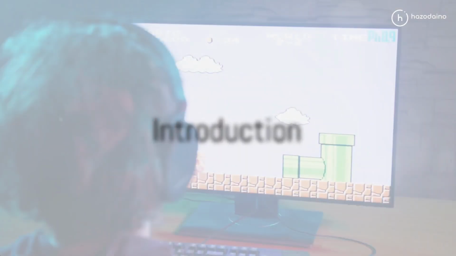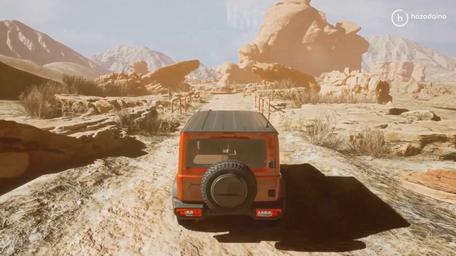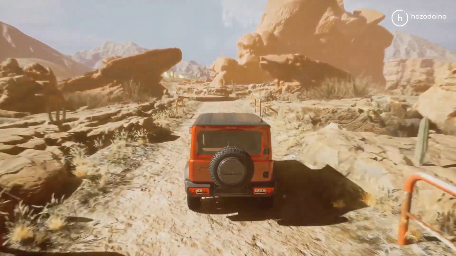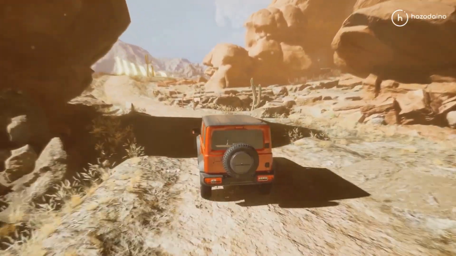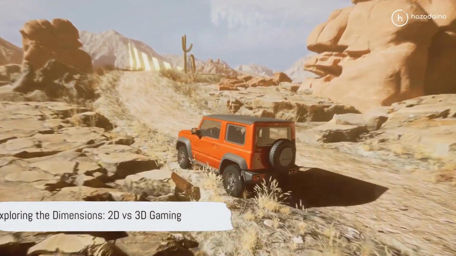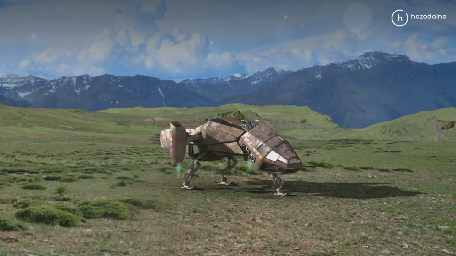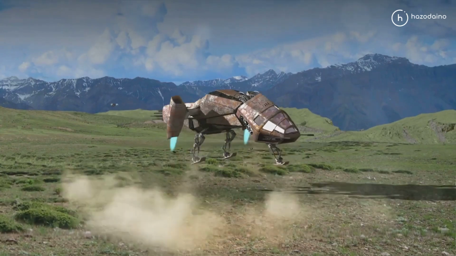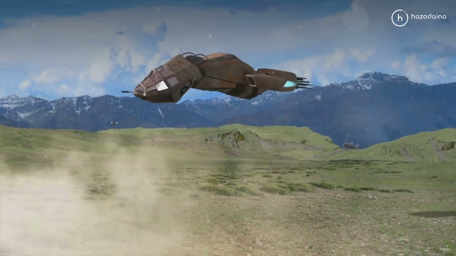Ever found yourself pondering the difference between 2D and 3D games? It's a question that has sparked countless debates among gamers and developers alike. Today, we're going to delve into this topic, comparing and contrasting these two gaming dimensions to better understand their unique